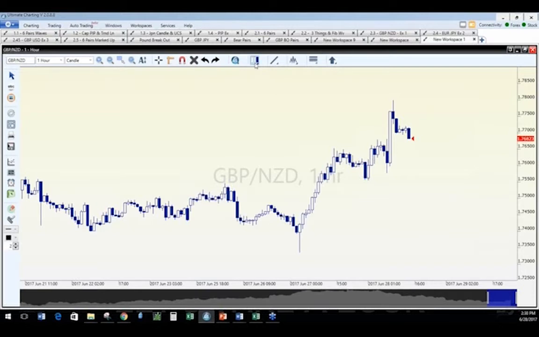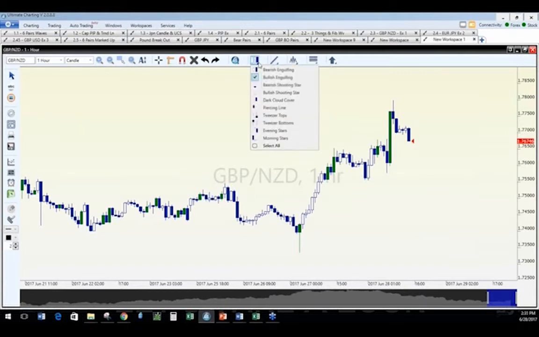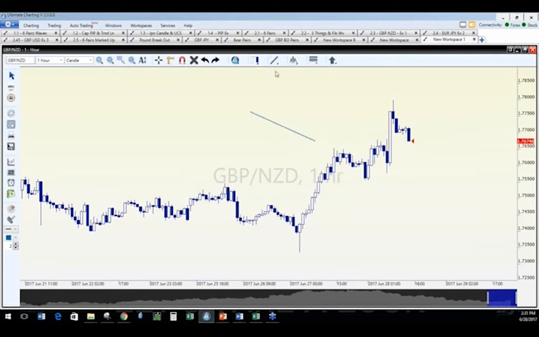We have a lot of different tools. Now, one of the strategies, one of the tools that we look at is something called candlestick patterns. And I will be the first one to tell you, I don't have a great memory. Well, there's all kinds of automation. So let's just say I'm looking for a bearish engulfing candlestick because that's the pattern we look for. I can automatically click on it and it'll show up on the charts, or I can do a lot of different ones. There are trend lines, there are horizontal lines. I'm going to go through and show you this just a little bit.